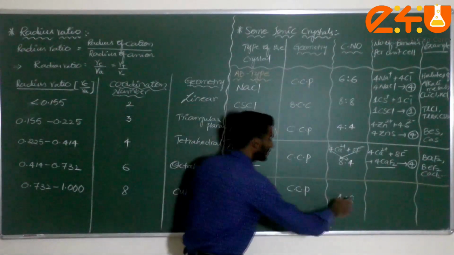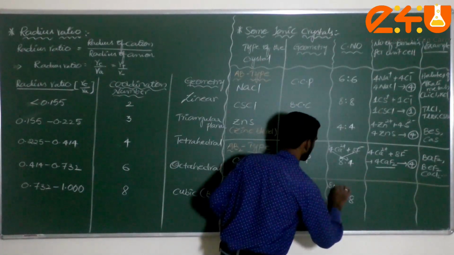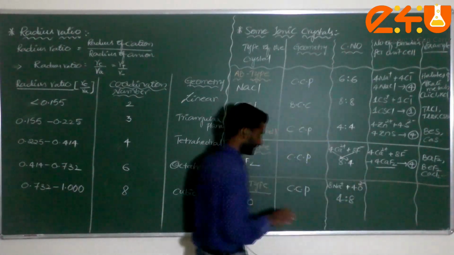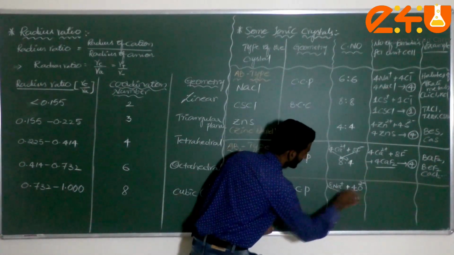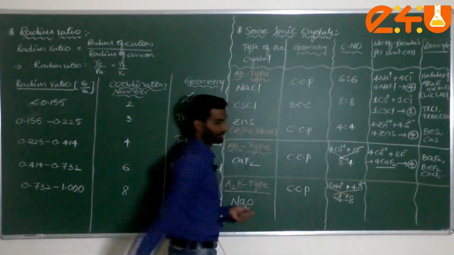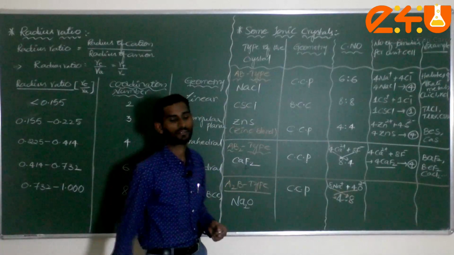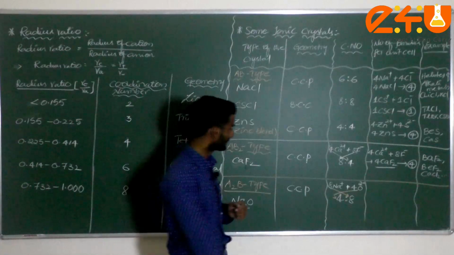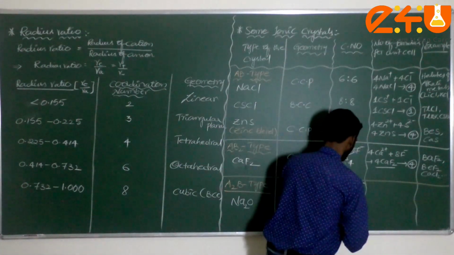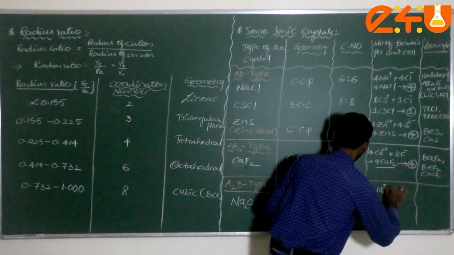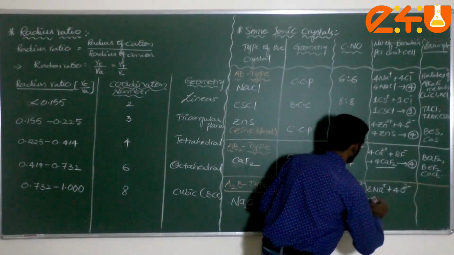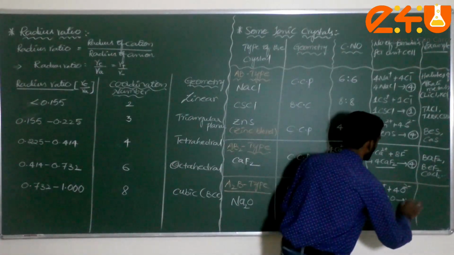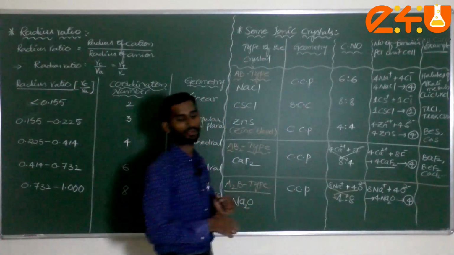No confusion. Now how to do it, dear student? Here 8 Na+ and 4 oxide ions. Do crisscross. 8 will come here, oxygen will come like this. Am I correct or not? If you do crisscross, you will get the coordination number. Next, the number of formulas per unit cell: the same, 8 Na+ plus 4 O2 minus. Then obviously we get 4 Na2O. So the number of formulas per unit cell is also 4.